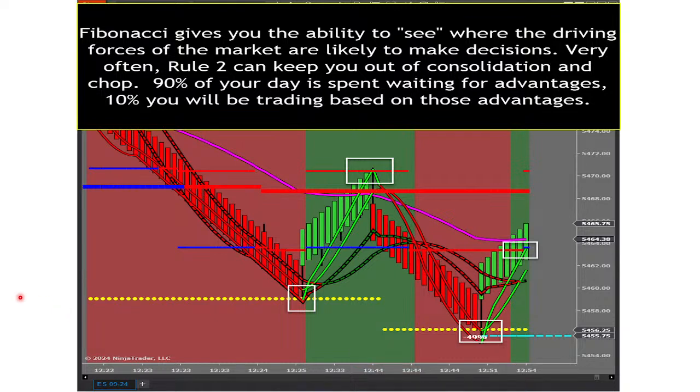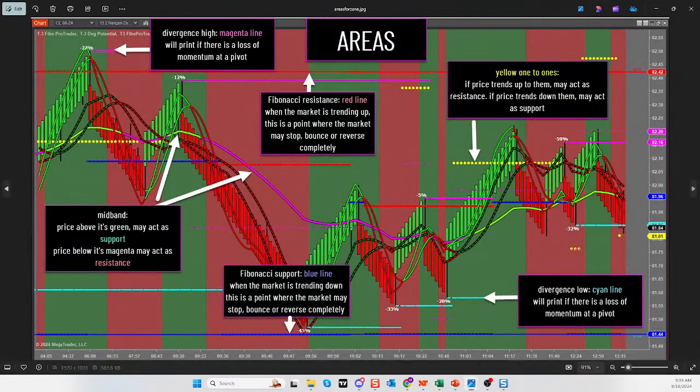So, Hong, not every horizontal line is a fib. When we talk about the areas, every horizontal line can be impactful, and I don't rank them one over the other. But if you see this magenta line print off a pivot, this is a visual indication that there was a